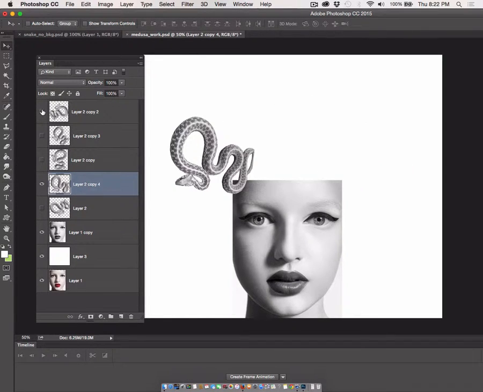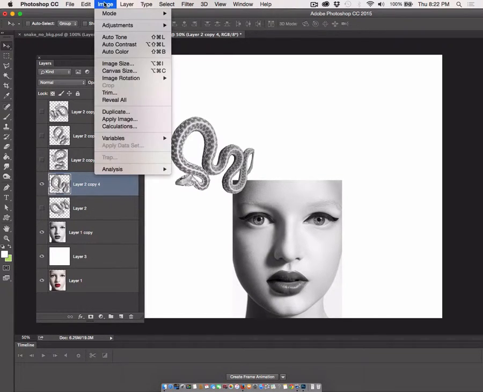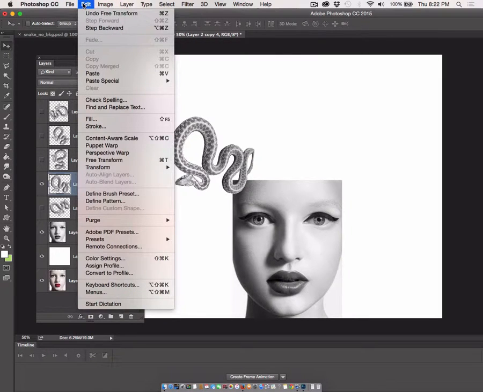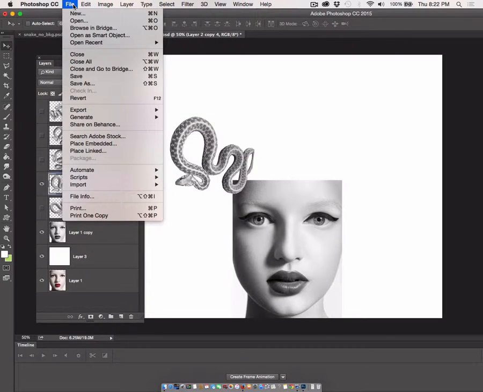So you don't have to see them. And so with this duplicate of the one that's right beneath it, I'm going to choose a tool called puppetwarp. And puppetwarp is a way of creating a